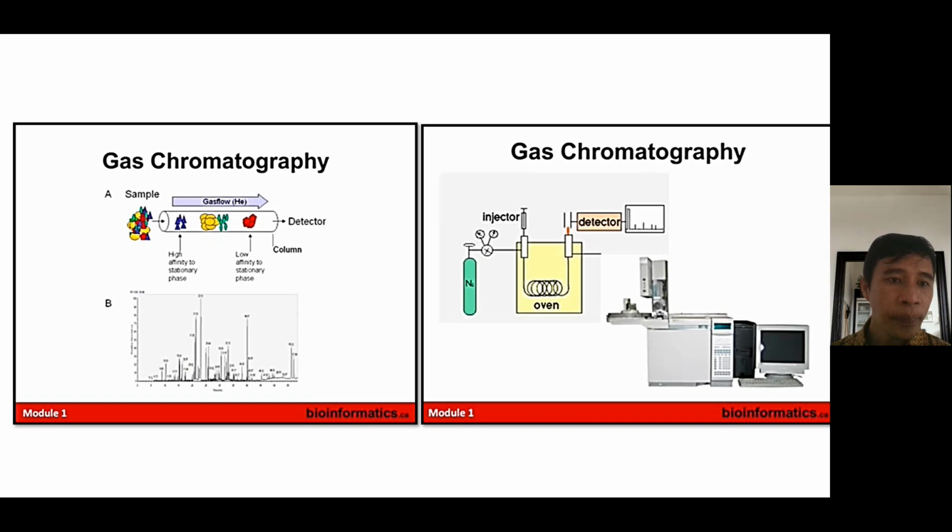So you need to run your samples in this column. This is alongside the gas flow, like you use helium gas in your chromatography columns, and each metabolite will be separated based on its affinity to the stationary phase. So the mobile phase is the gas that will flow through this column, and the stationary phase means the immobile phase that is